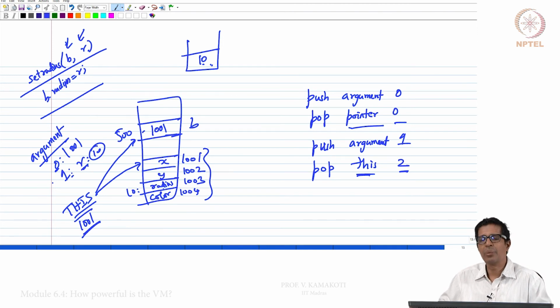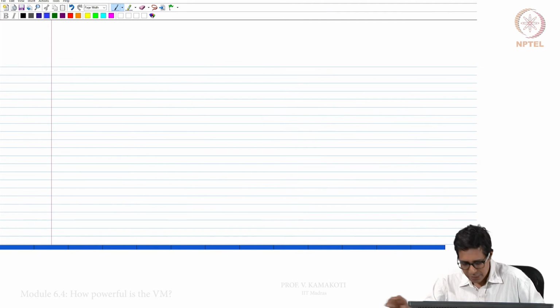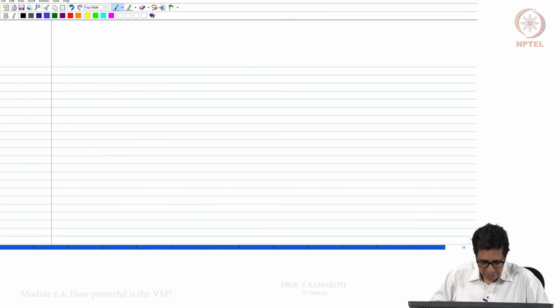So this is how we do this. Now we can handle objects, we can handle arrays. We have given two interesting examples which are not very trivial in terms of realization, but we have realized this. So to sum up this particular module, let me just tell you what all we have.